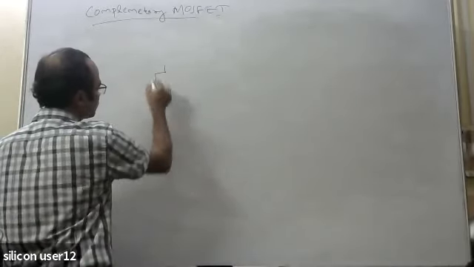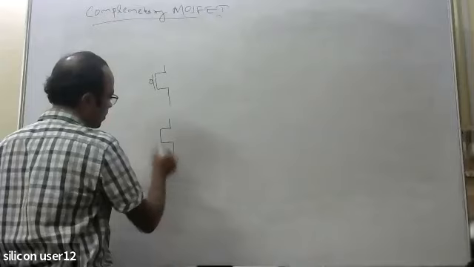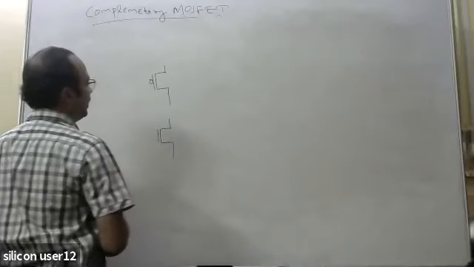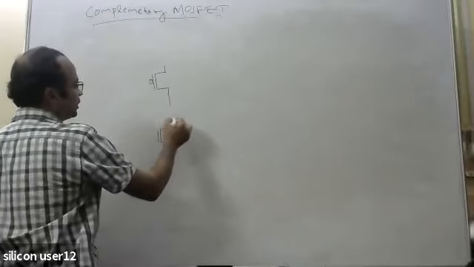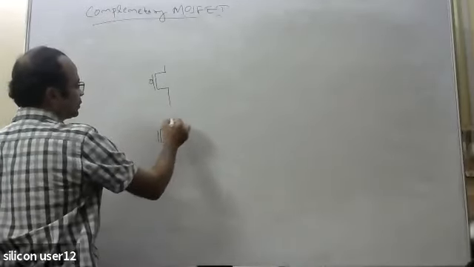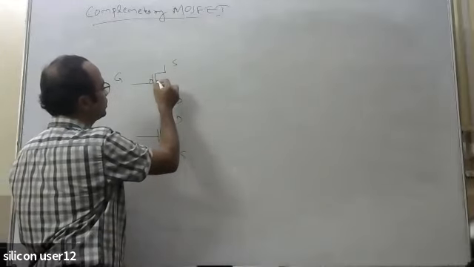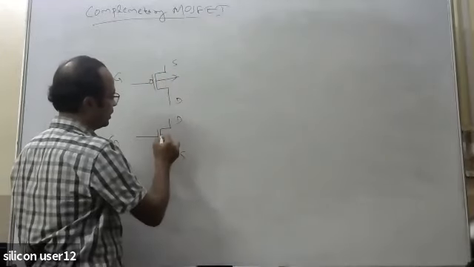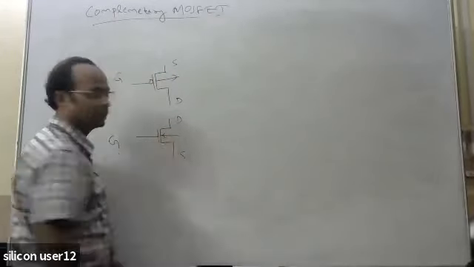So this is one PMOS, this is one NMOS, and now they are connected. Let us say this is the drain, this will be the source, and this will be the gate of this PMOS, and this is the gate of this NMOS. On the upper side I have taken the drain, and this side I have taken as source. Of course it has the body, but the body is not actually shown. If the body were shown, this is the body, and here is the body of the NMOS.